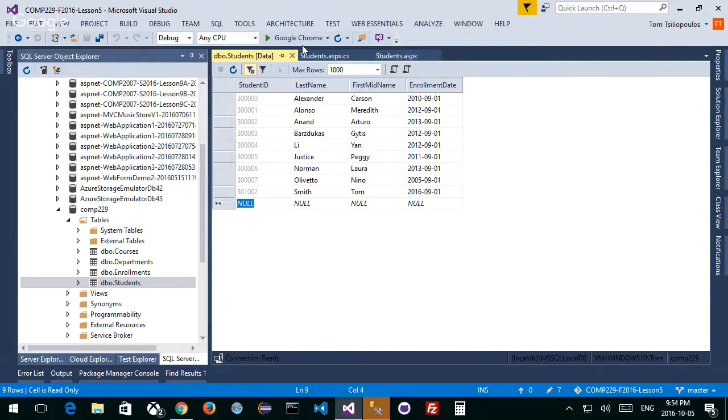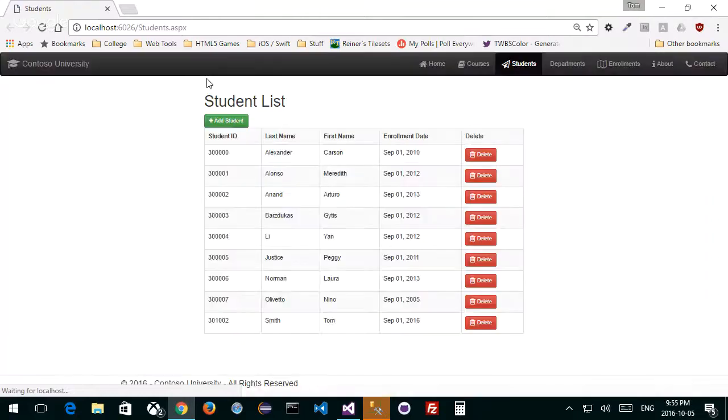Okay, good. Let's run this thing again. So I had a problem. It stopped. I want to resubmit, and I want to try that resubmission and see if it fails again, because that's a post back. I don't want my postbacks to work, because that means by accident, like I did, the user presses refresh. I'm just going to try and delete the same one again. Here's Tom Smith. Let's delete him. Should work like last time. Uh-oh.